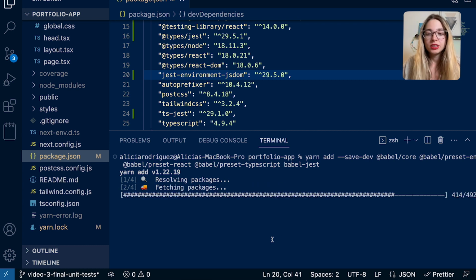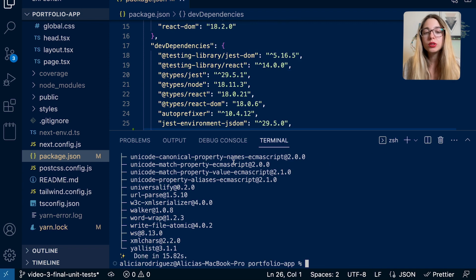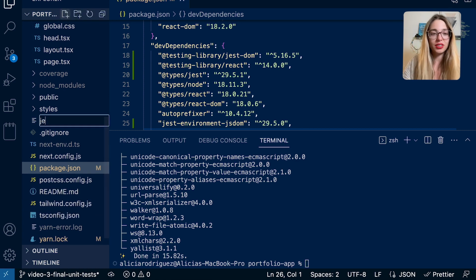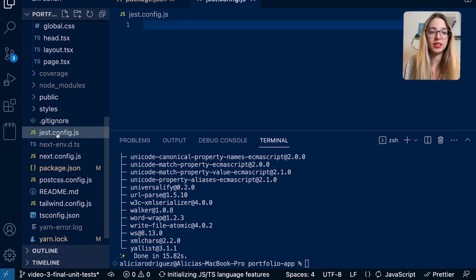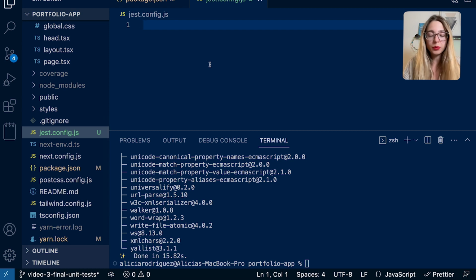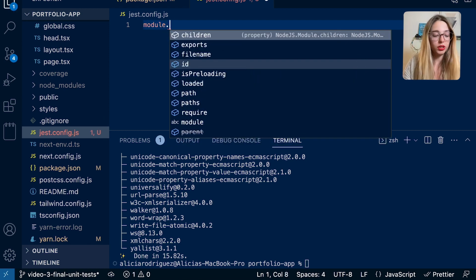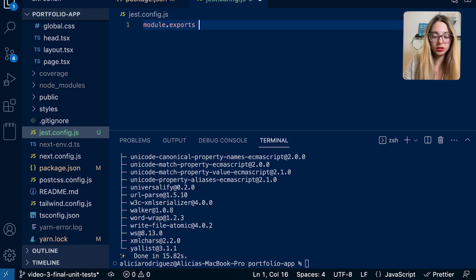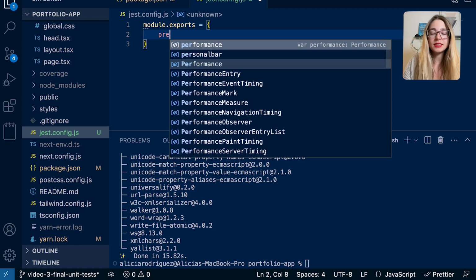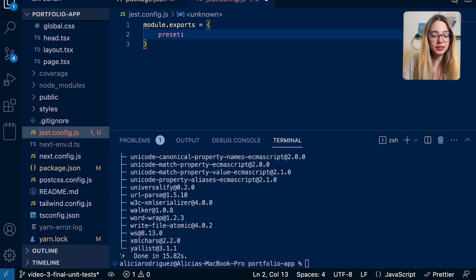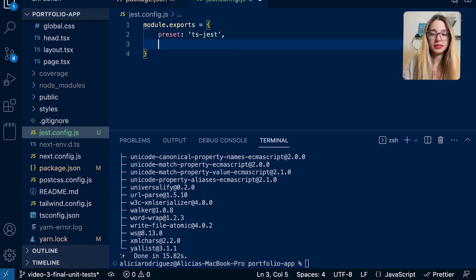Okay, so while we are installing this, we also need to configure Jest and Babel for our project. So let's create a new file and we're going to call it jest.config.js. You need to call it like this actually. And here we need to export, so module.exports equals an object, and we need to pass here the preset ts-jest, and then